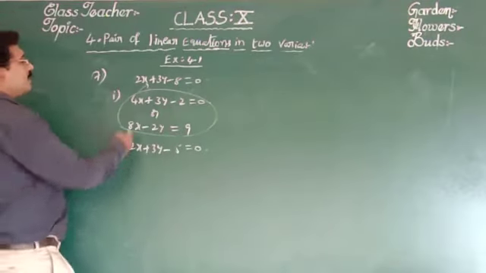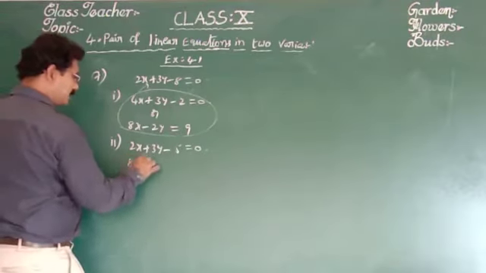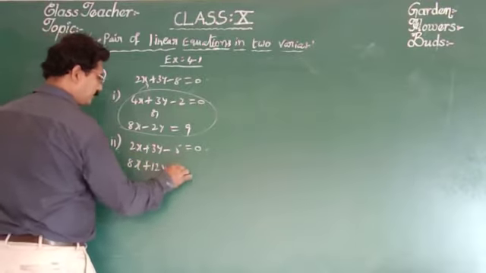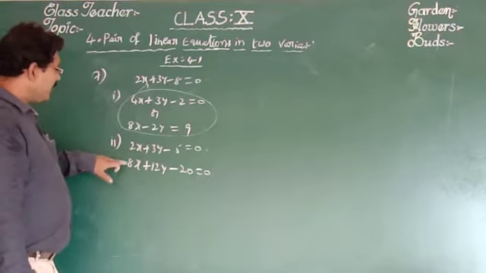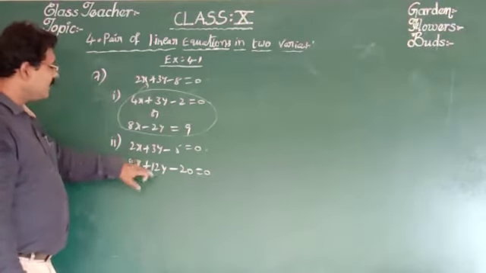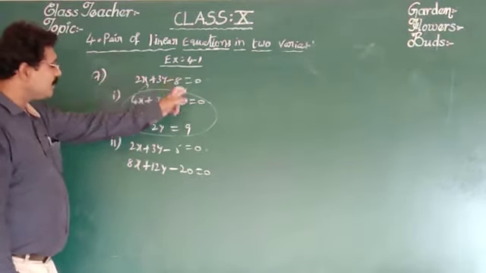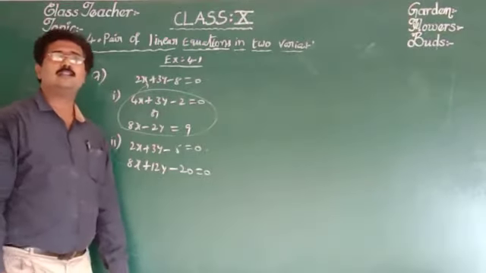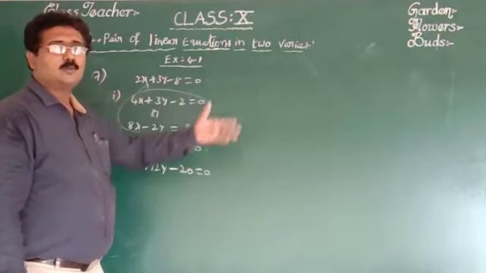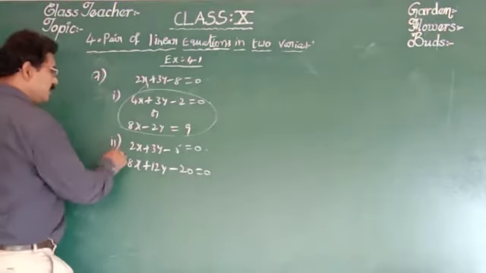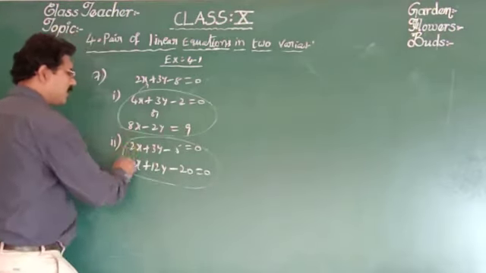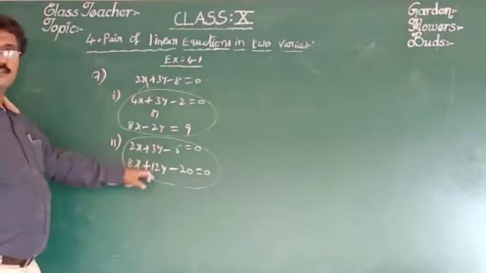Or otherwise write one more equation. 4 2s are 8x ... is equal to 0. See, 2 by 8, 1 by 4, 3 by 12, 1 by 4, but c1 by c2 is 8 by 20, that is 2 by 5. So that means it is not equal to that. So any such equation we write is parallel to this equation.